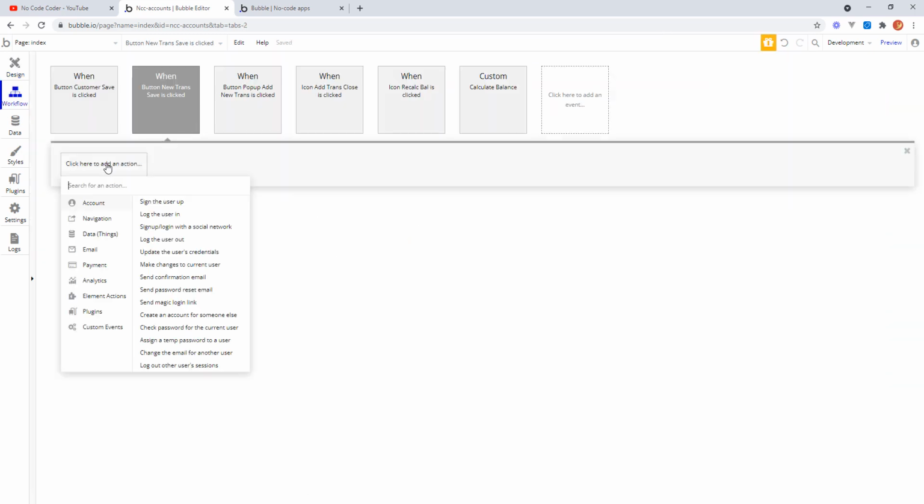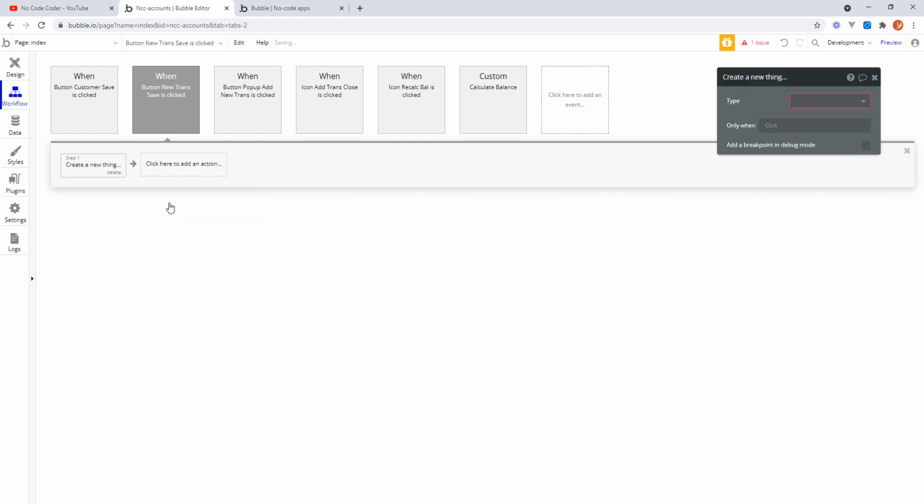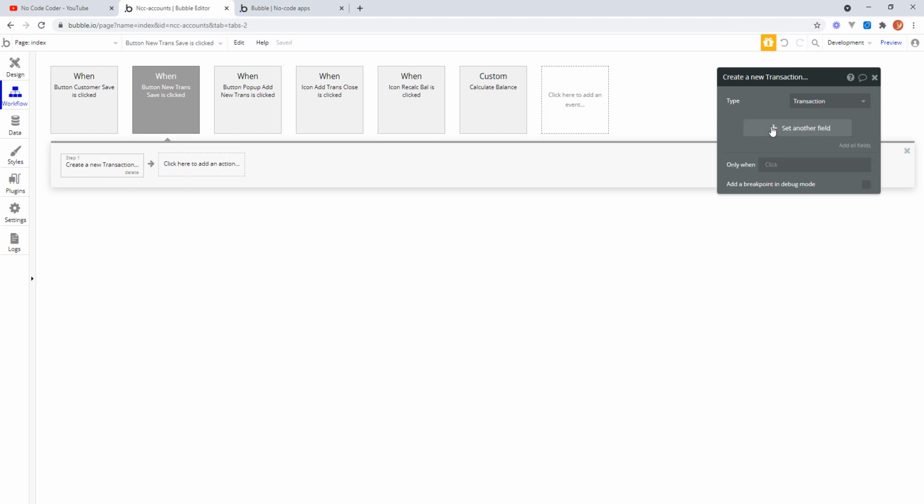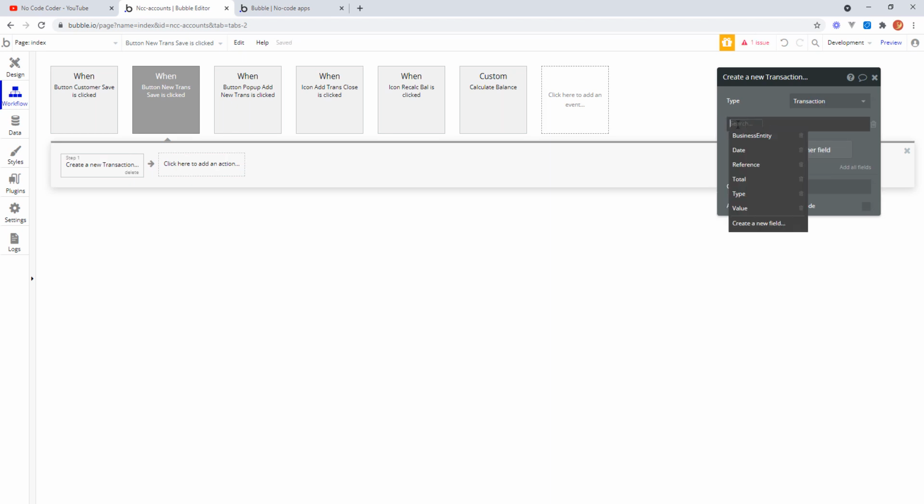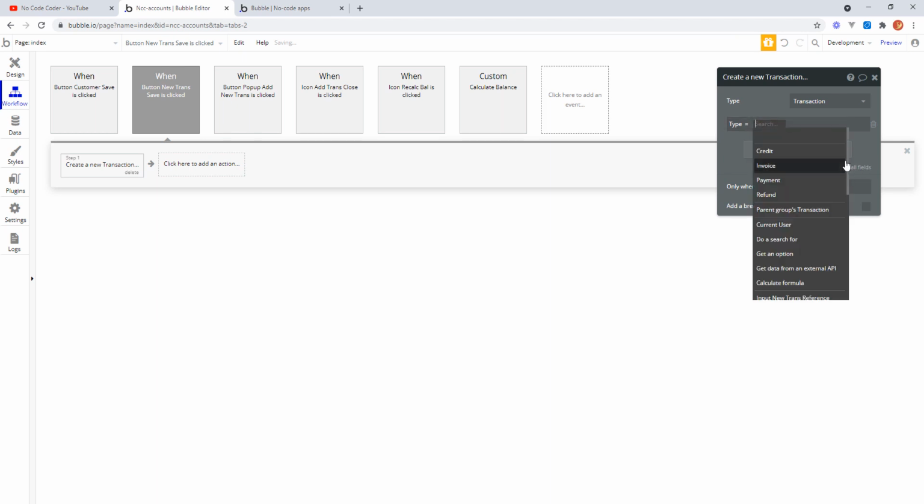So click here to add a new action. So it's going to be a data thing. We're going to create a new thing, which is going to be a transaction, and we're going to set the fields up here. So the first thing is going to be the type, and that is going to be